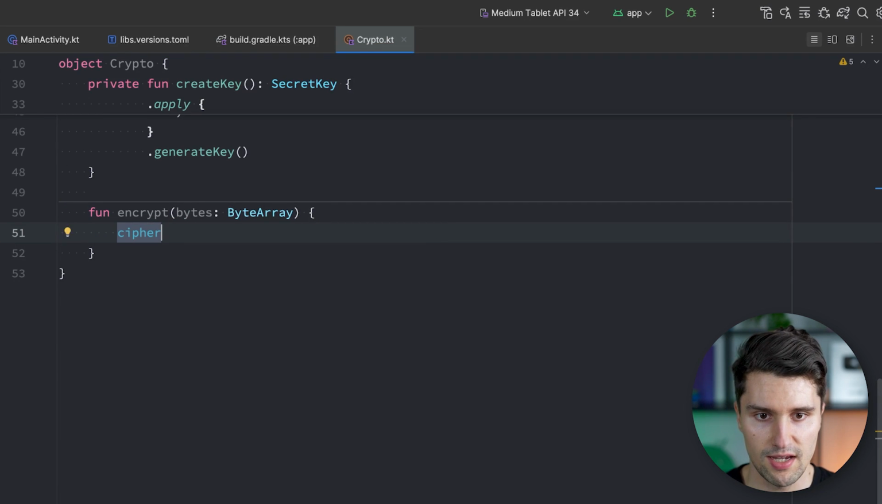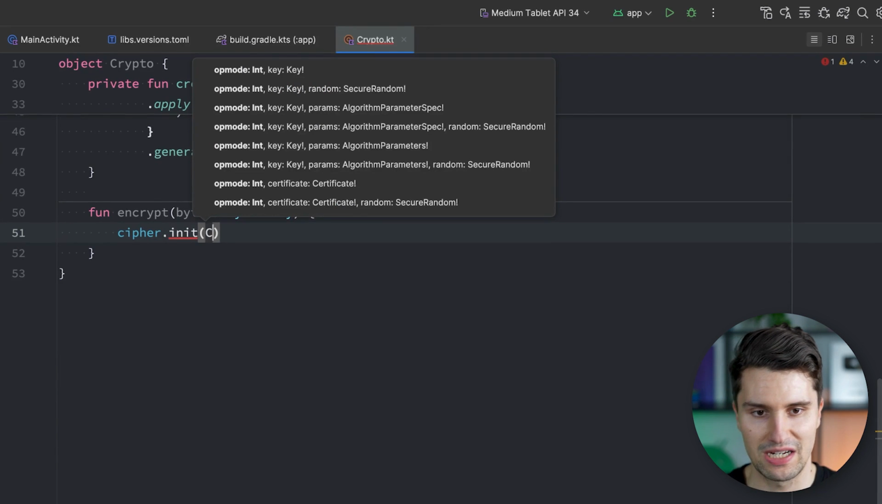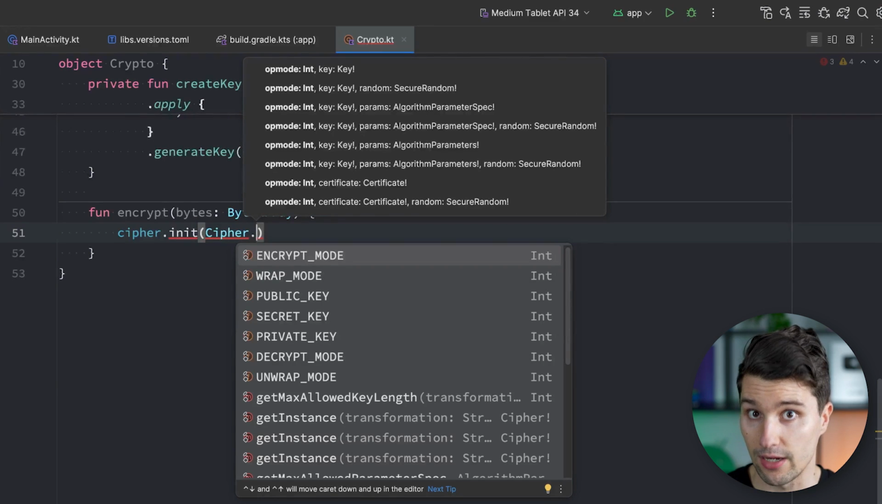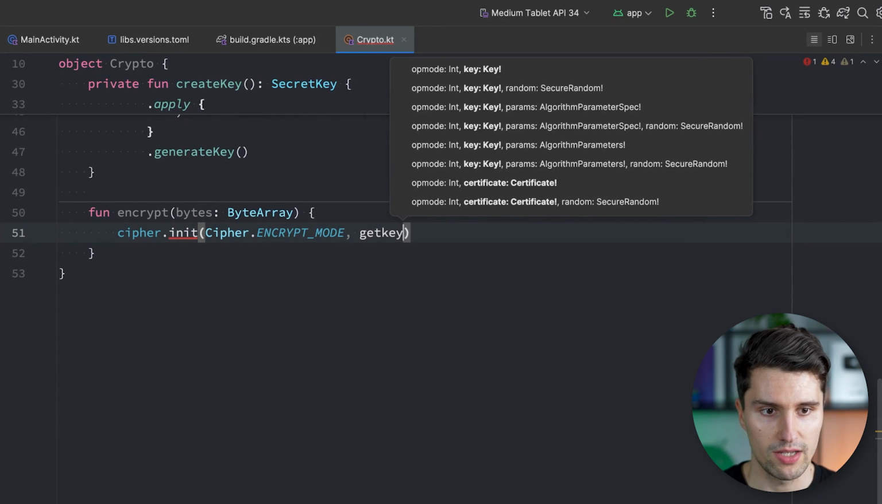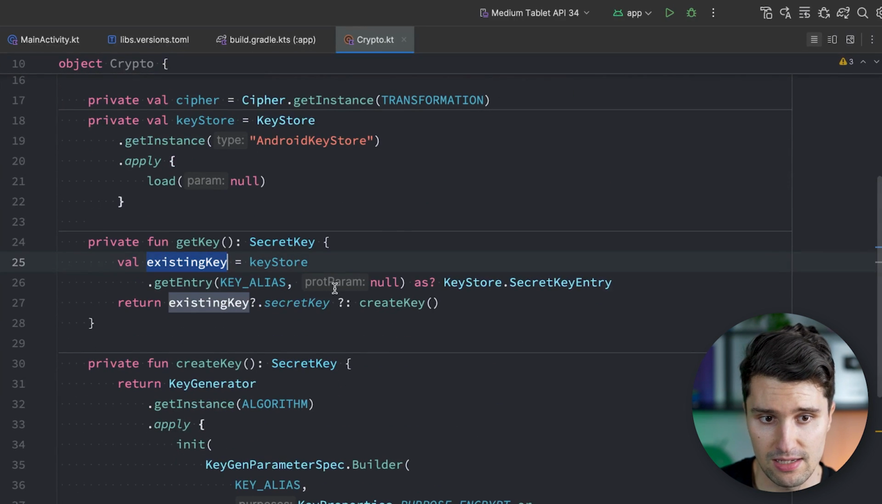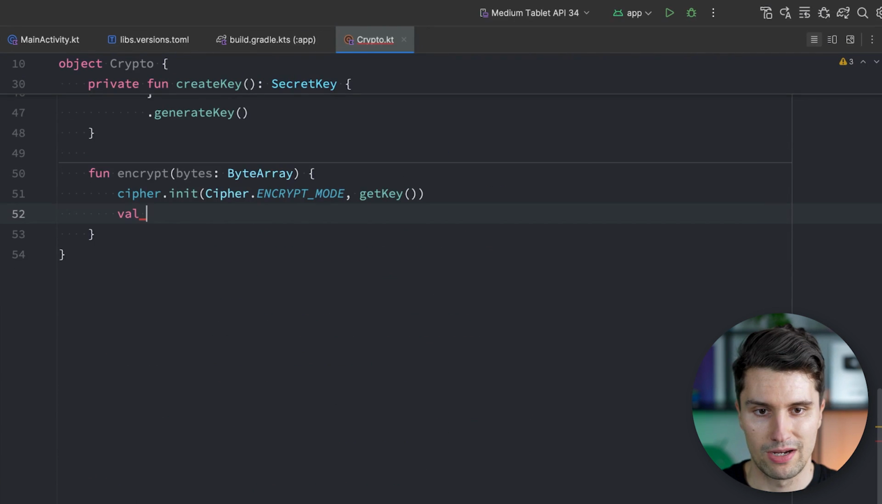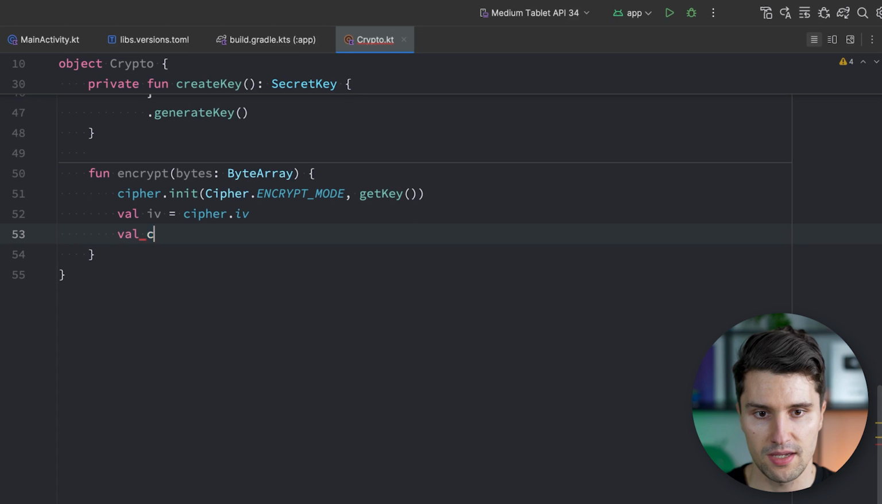And here we can now call cipher.init, so I want to initialize our cipher, and the op mode that we need to pass here is pretty much just what we want to do. In our case, we want to encrypt, so we can set this to cipher.encrypt mode. And the key that we want to use for encryption will be whatever our getKey function returns. And getKey, just recap, returns our existing key if there is one, and otherwise creates a new key. We can then create our IV, so our initialization vector, which is really just a sequence of random bytes. That is luckily already done by this cipher. So you can see we can set this to cipher.iv,